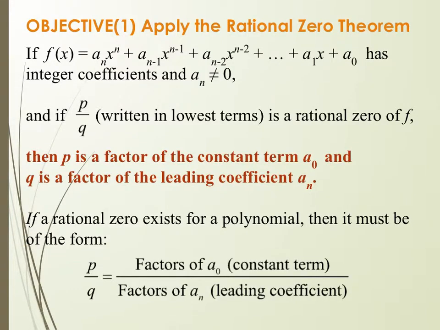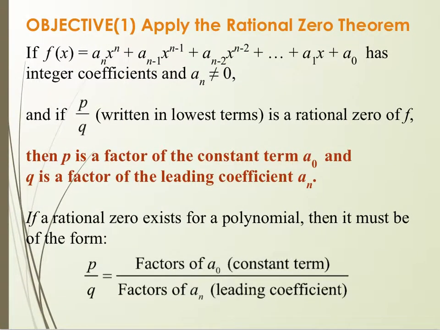Our first objective is to apply the rational zero theorem. If f of x is equal to a polynomial that has a lead term, a_n x to the n, and the last term, a_0, has integer coefficients and a_n, the lead term, is not equal to 0, and if p divided by q, written in the lowest terms, is a rational zero of f, in other words, it is an actual zero of f,